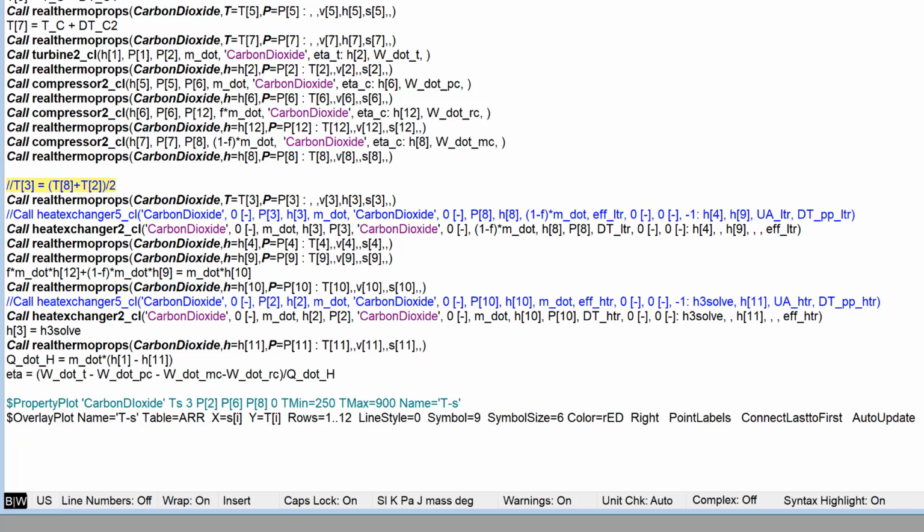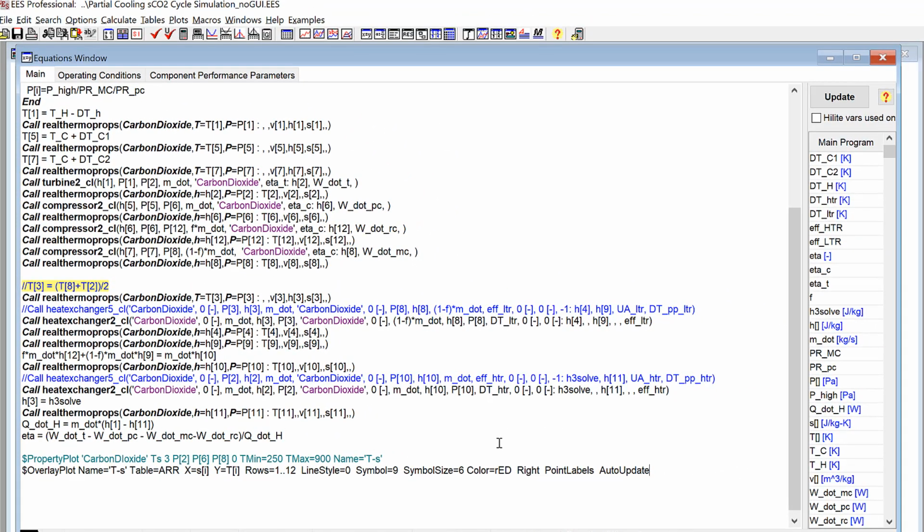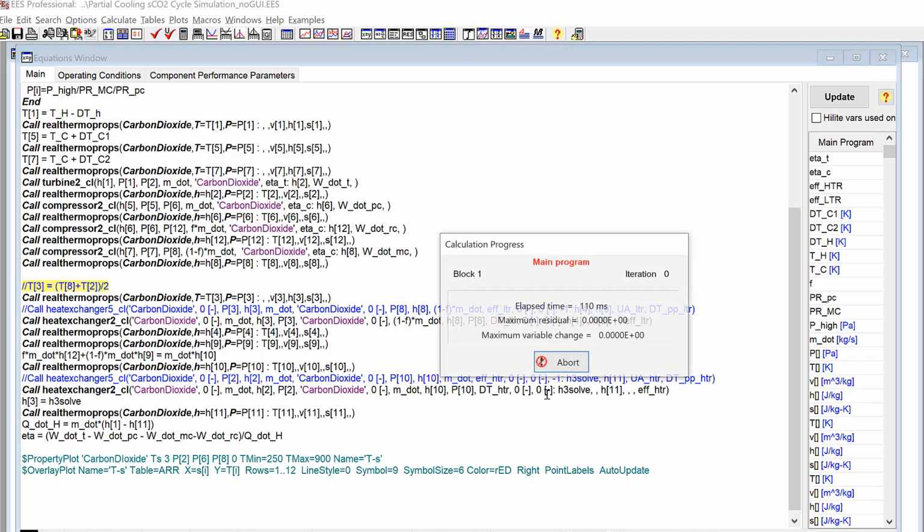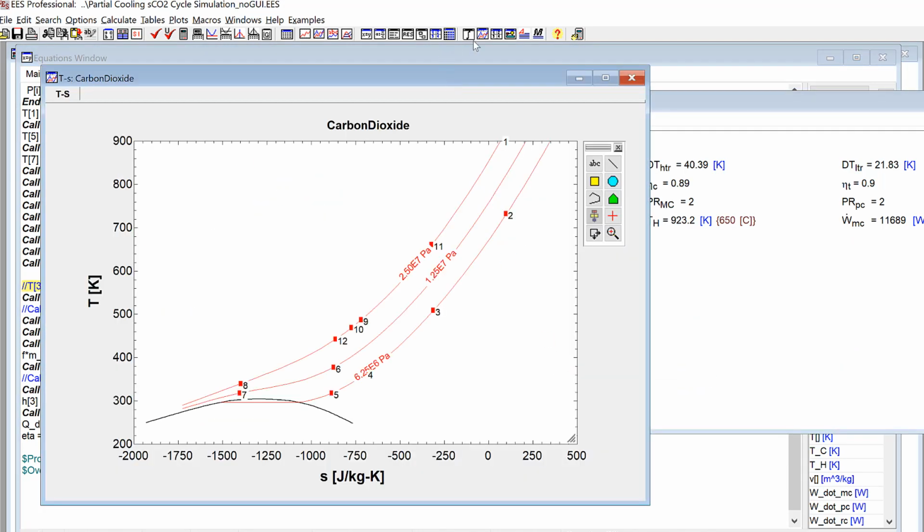I do want point labels, so this will label my symbols. I definitely don't want to connect the lines first to last, but I definitely want to auto update. So auto update means that every time I run, I will get the latest set of state variables. So hopefully this works. So again, we'll just go ahead and solve, and we can go look in the plot, and there it is, right? And the nice thing about this is it's automatically generated every time E solves a cycle,